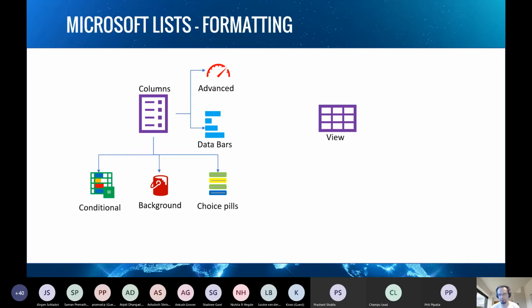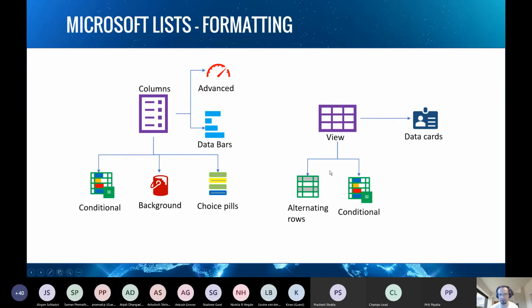And for views, you can use alternating rows to format odd rows. You can use conditional formatting as well. And there's, of course, dedicated formatting options for gallery view, so you can format data cards.